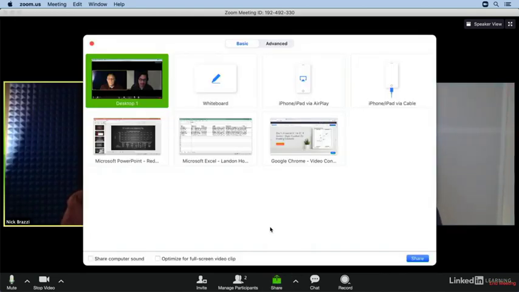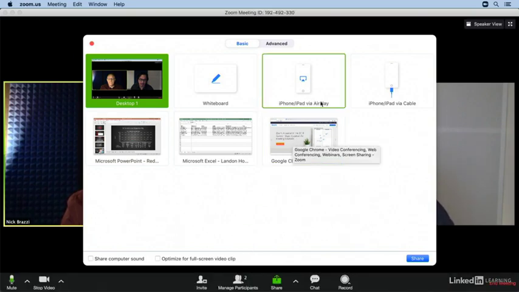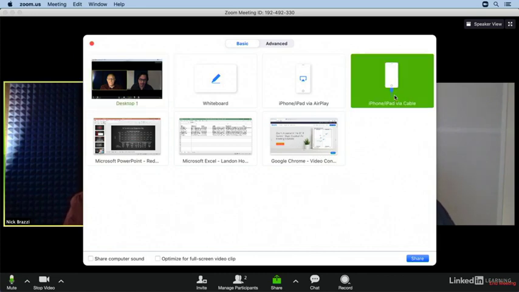And we'll come up to the Share menu again. Now, Zoom also gives you the unique ability to share the screen of iOS devices. So if you have an iPhone or iPad connected to your computer, you can come up to the Share menu and here select iPhone/iPad via cable. Now, you can also wirelessly connect to your Zoom meeting using this AirPlay option, but that requires installing an additional plugin. I do have an iPhone connected to my computer via the Lightning cable right now, so if I select that and click Share,